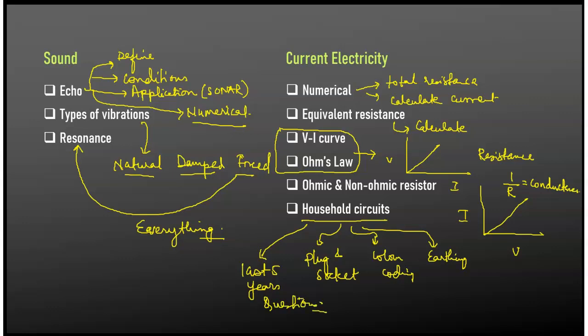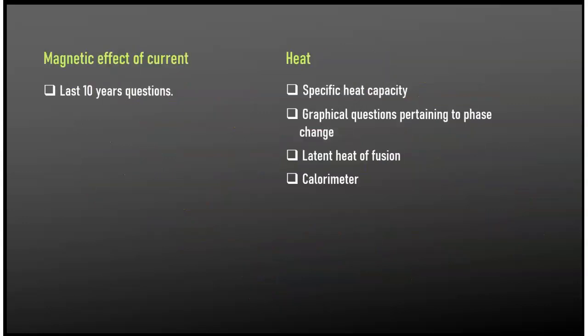Okay, excluding the part which is not there in your syllabus, like the staircase wiring, the household wiring system, ring wiring system, all these are not there in your syllabus, so you need to exclude that. Then you have the magnetic effect of current. Students, AC motor, DC generators, these are not there in your syllabus. So from magnetic effect of current, my suggestion would be do the last 10 years questions, excluding